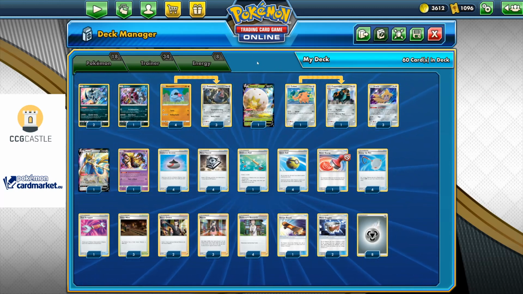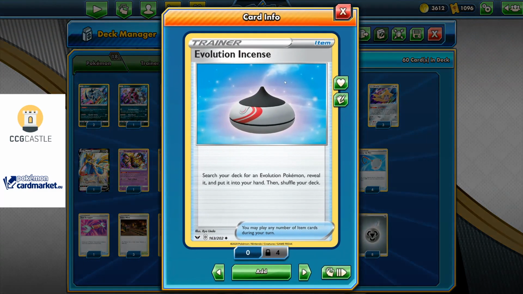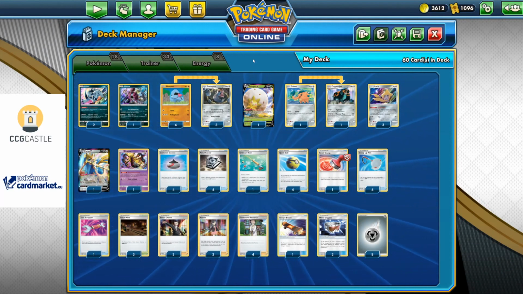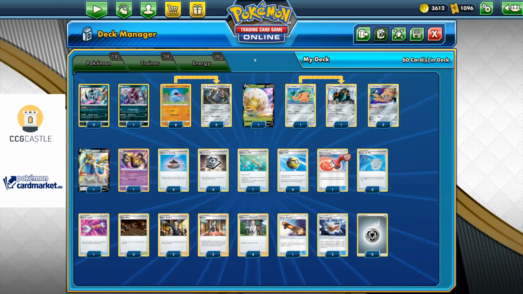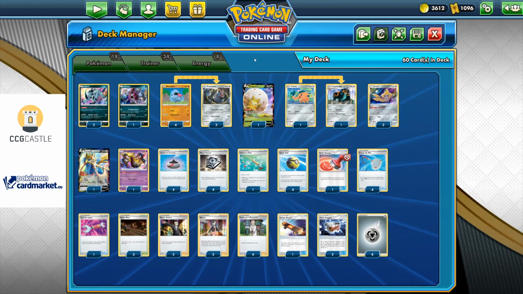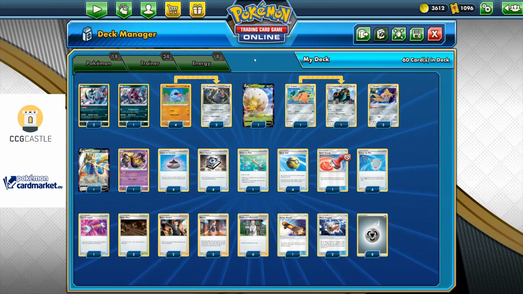The only thing that I might consider switching in this build would be 4 Evolution Incense for 4 copies of Great Ball, because sometimes with a Great Ball you might get a Basic Pokemon when you don't need one, but then when you need Evolution you might not be able to get it with the Great Ball, and that's the 50-50